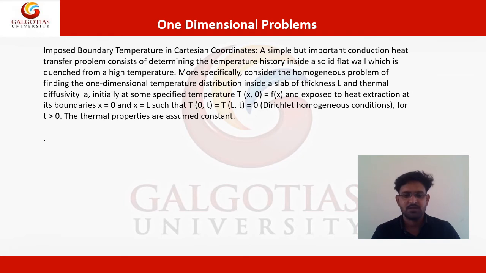Let us consider the homogeneous problem of transient heat conduction in a slab initially at temperature T equal to F(x) and subject to convection losses into a medium at T equal to 0 at x equal to 0 and x equal to L. Convection heat transfer coefficients at x equal to 0 and x equal to L are respectively H1 and H2. And let us assume that the thermal conductivity of the slab, K, is constant. So this is a transient heat problem in one direction, and it is a convection type mode in which heat transfer is taking place. So here we have seen two problems, and both are one dimensional, and one is under conduction heat transfer and another one is under convection heat transfer.